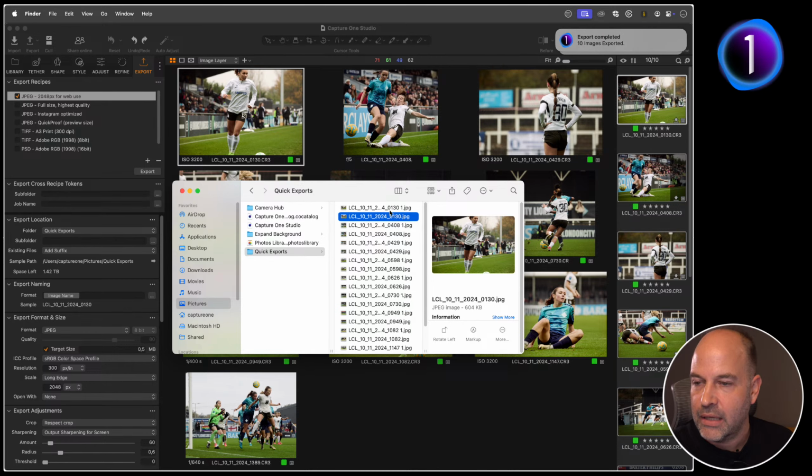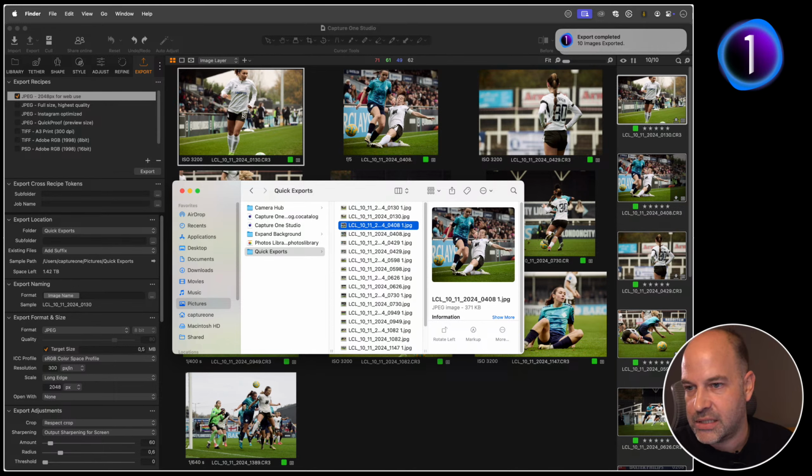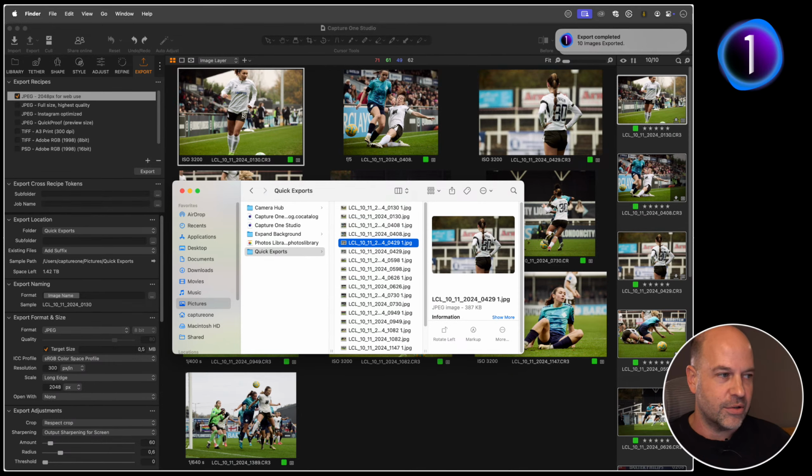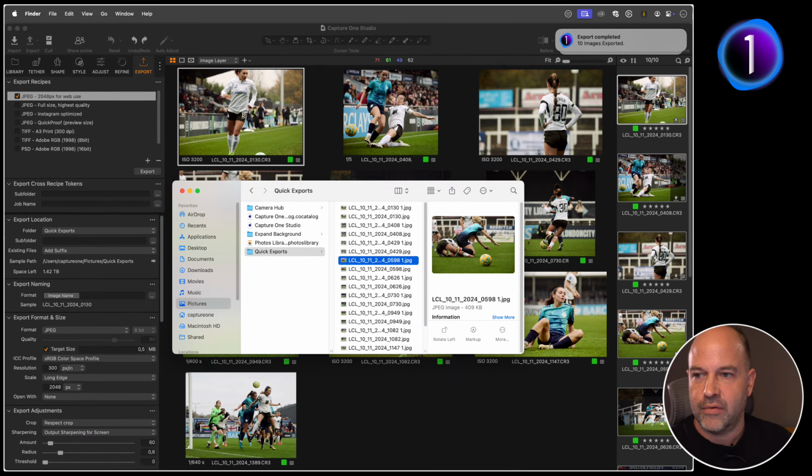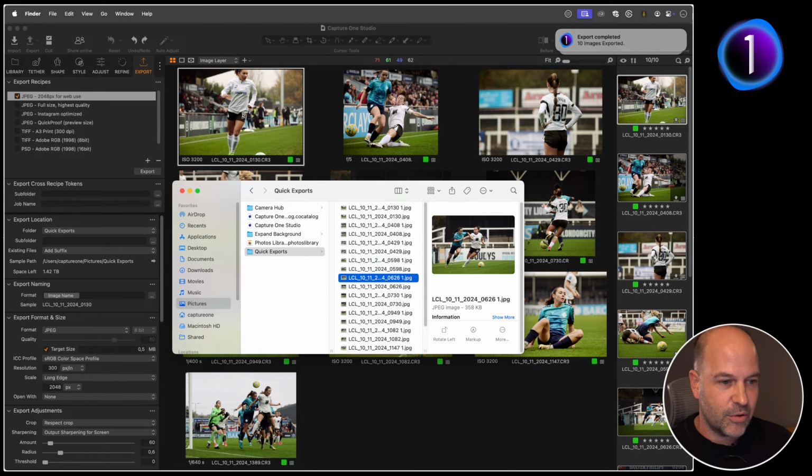There they go. So now if we look at this first one, that was 604 kilobytes. This one is now 408, so it's under. This one here as an example, this was 850, now this is under at 371. So it's not saying the target file size must be 500 kilobytes, it's saying do not go above 500 kilobytes. So essentially we're trying to maximize the quality, but also keep that under the limit that you've set in export